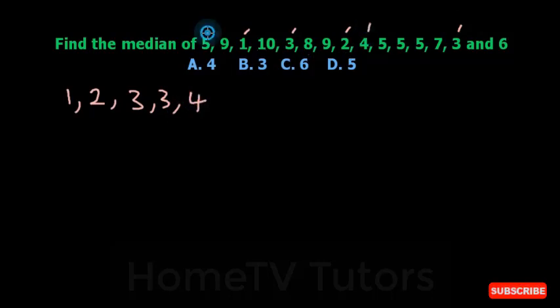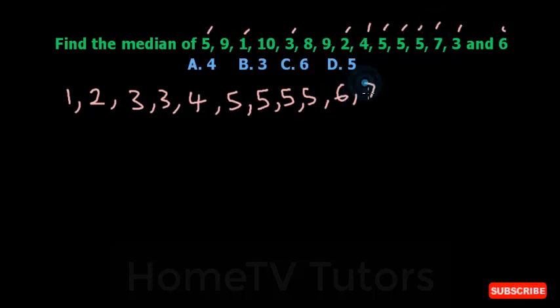That's the only 4. Then 5. And we have 3 of the 5s: 1, 2, 3. So I'm going to write 3 5s. Okay. Then 6. Then 7. Followed by 8. And then followed by 9. And there comes the second 9. Then finally 10. So now we count all the numbers: 1, 2, 3, 4, 5, 6, 7, 8, 9, 10,